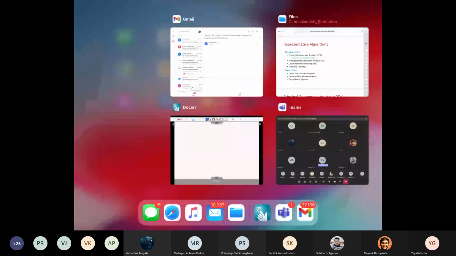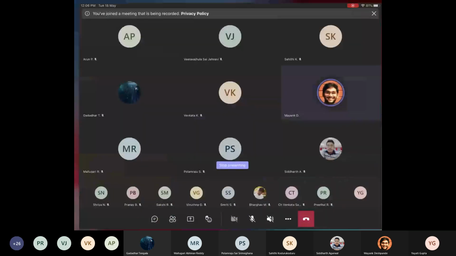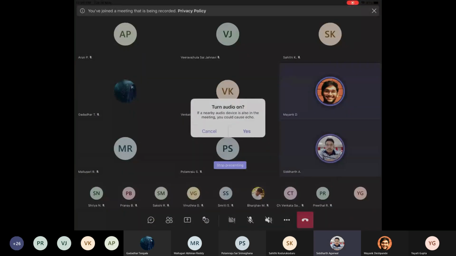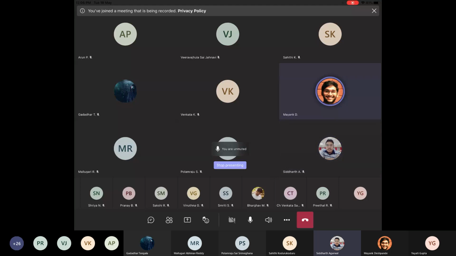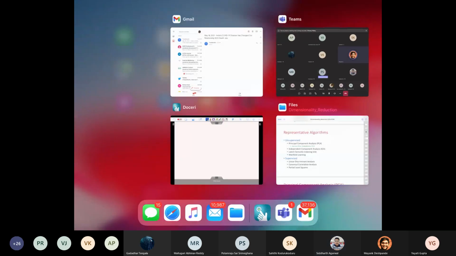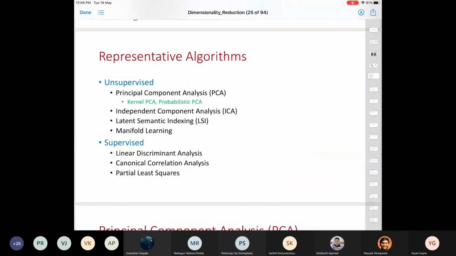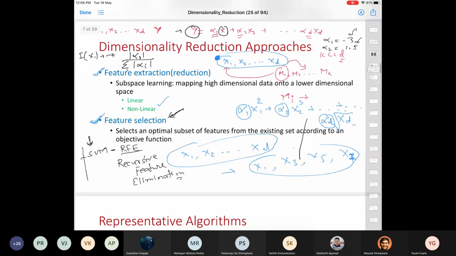It's visible, sir. I hope it's visible now. Can you guys confirm whether you are able to see it or not?